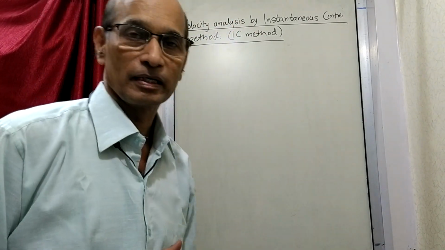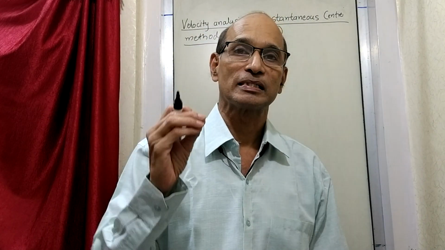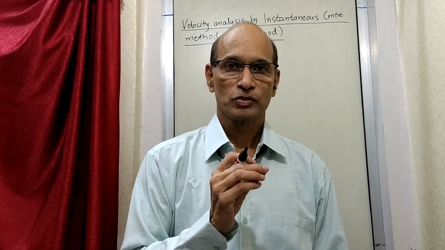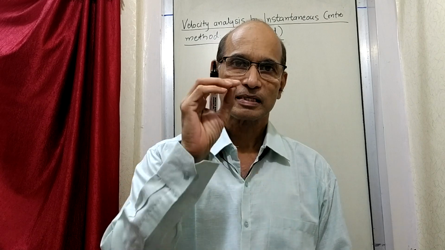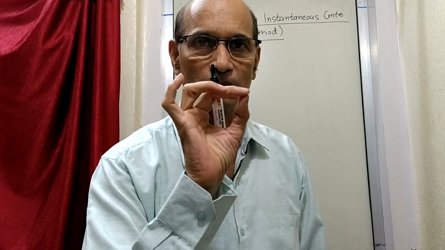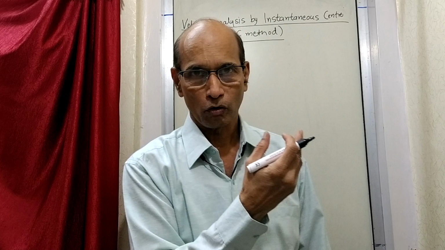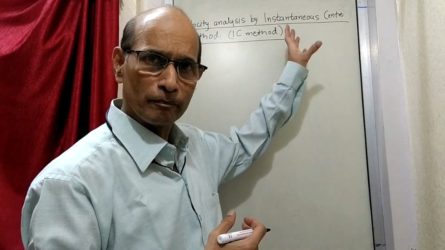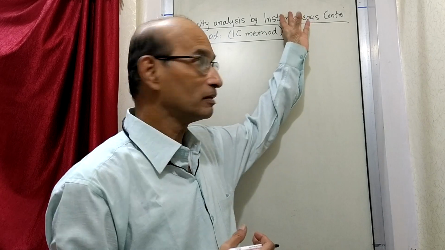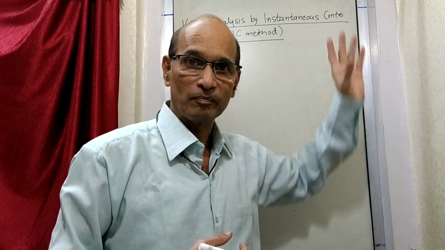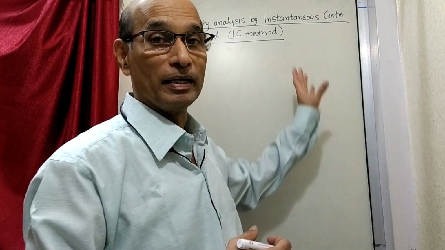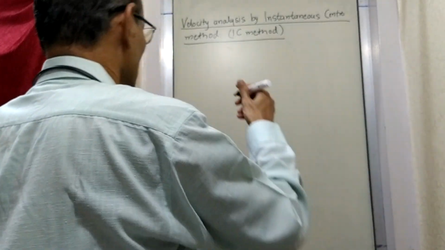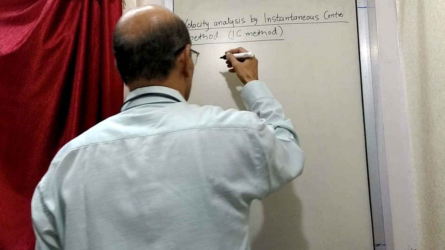So, instantaneous center method. What is the meaning of instantaneous center? Instantaneous means at that instant. So at a particular instant, the center of certain links are at a certain place. We'll come to know better as we go further. So let us go further, and then maybe we'll come back again and talk about the exact meaning of instantaneous center and why it is called so. Okay, so let us try to understand the theory behind it.